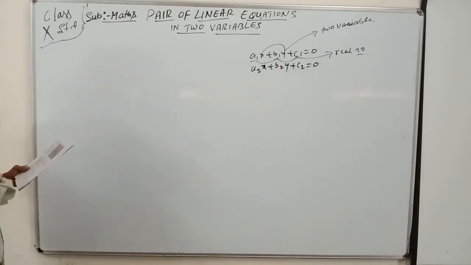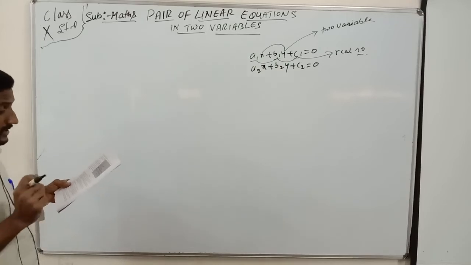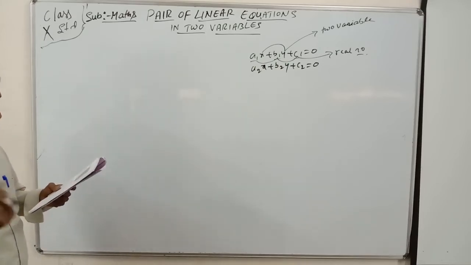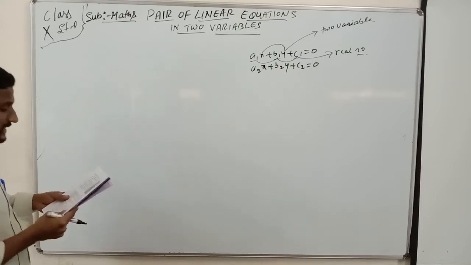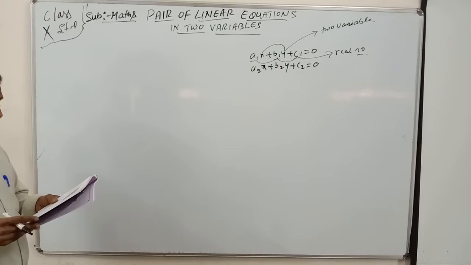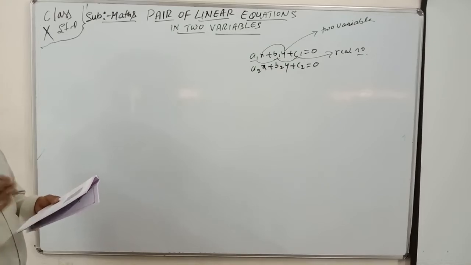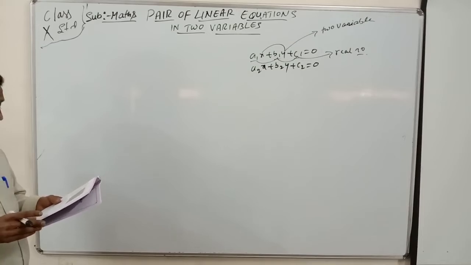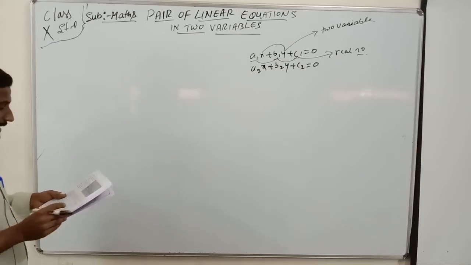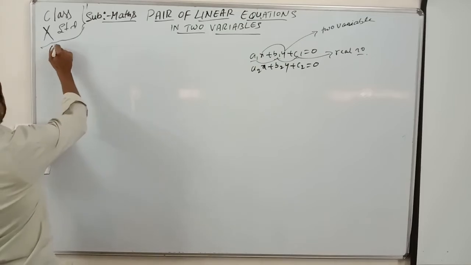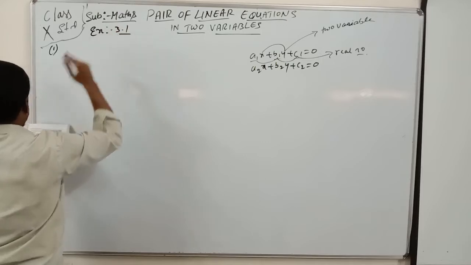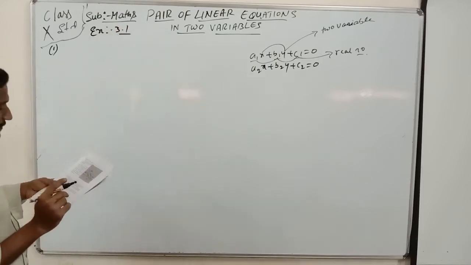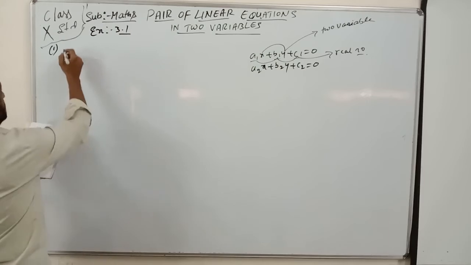See, Aftab tells his daughter, 7 years ago I was 7 times as old as you were then. 7 years ago. Next, first let Aftab's age be x you can take, and daughter's age be y you can take here. Okay, so let, exercise number 3.1 here. So Aftab tells his daughter, what is here? Let